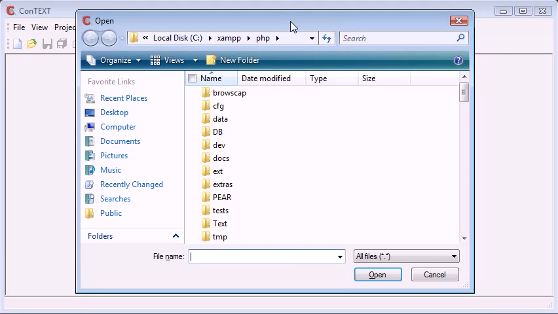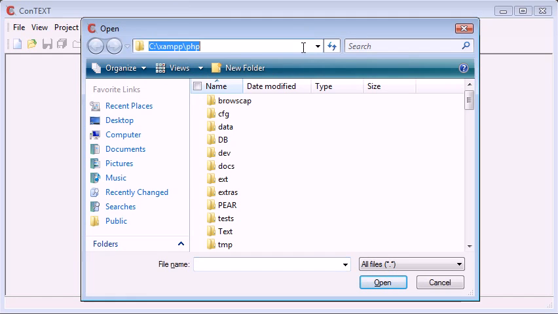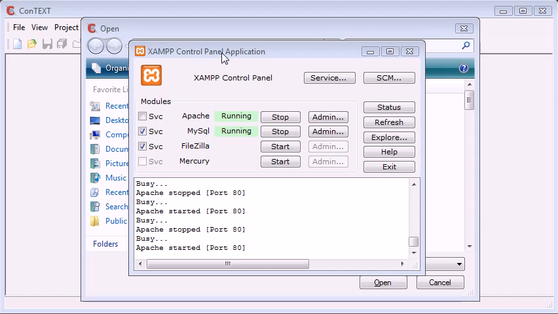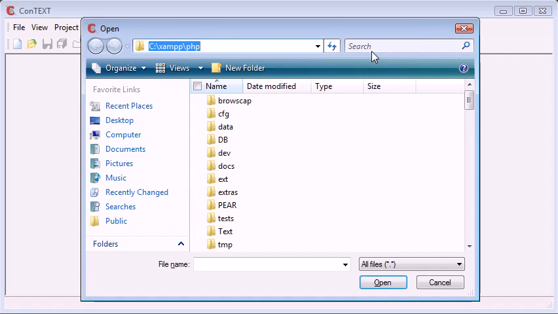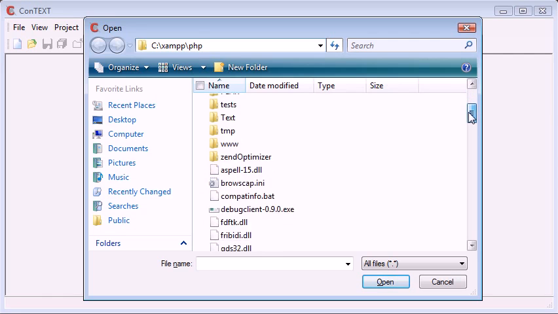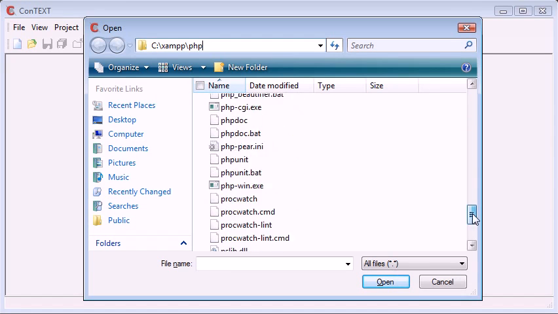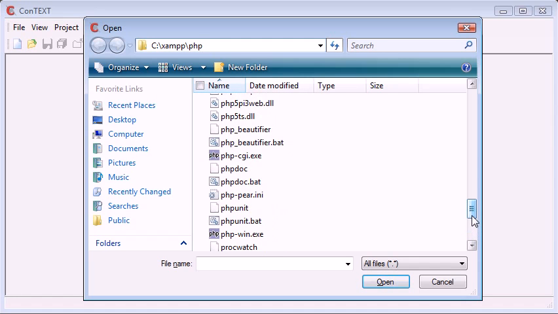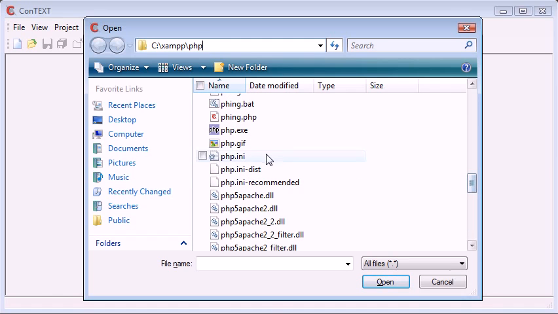So let's open up an open dialog. Now you can see that at the moment I'm in c:\xampp\php. This is because I'm running a XAMPP package. You can see here I've got my XAMPP control panel open, and I've got Apache and MySQL running. This is just a package that I've installed that contains Apache along with PHP installed with Apache. So this is our folder with PHP, and it's got all the information and the runtime DLLs with regards to our PHP installation. Now obviously the file we want is, let's just find it, it would be here, is